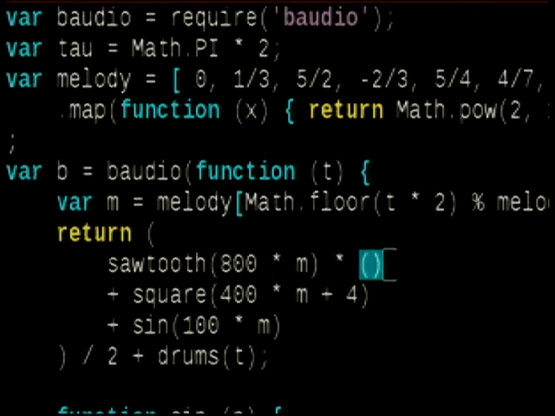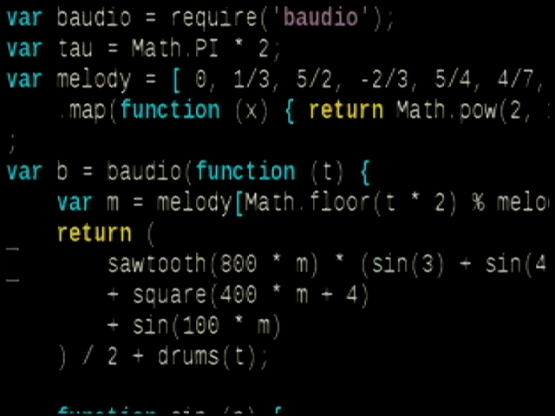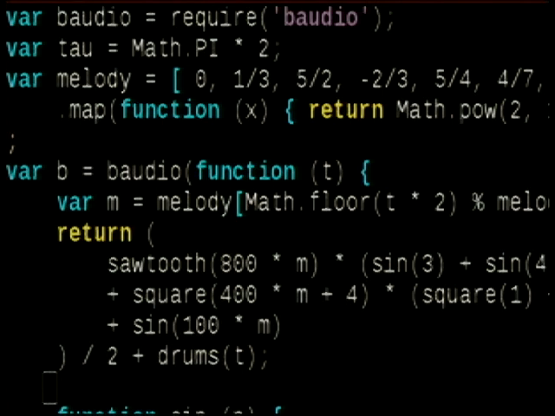And we can punctuate a little bit, so let's take sine of 3 plus sine of 4. Let's give us a little bit of a pattern. We'll do the same thing with the square wave with a different pattern, so sine of 1 plus sine of 2. And then that sine wave, let's make it a square wave. That'll be more of a discrete step instead of something so continuous. And then we can add more stuff. We can basically do whatever we want here. So I think that's about good for this presentation.